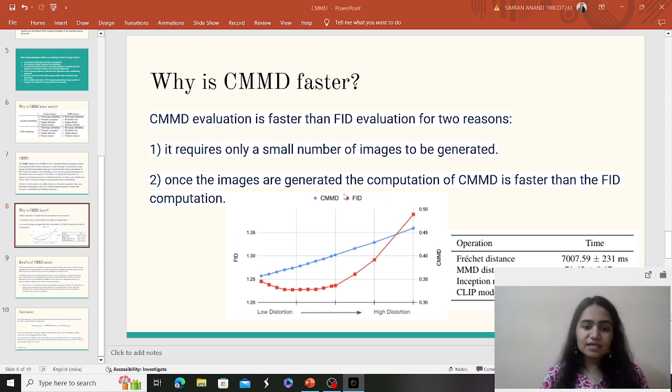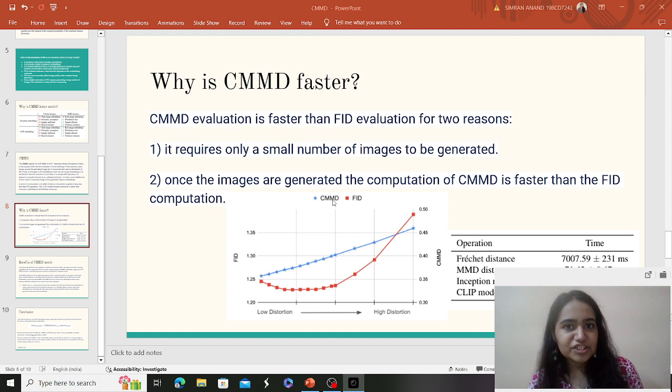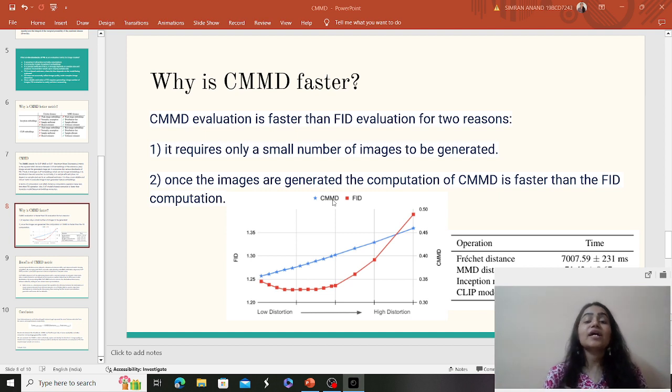Now, if you see this graph, this is about the distortion purpose I was talking about. So, what is distortion? Distortion is when the quality of the image is degrading. That is, adding noise to the image, and it could be the case when generation models keep on generating images on each and every iteration. The quality is decreasing. How does the quality of an image decrease? The quality degrades when you're adding some random noise to the image. So when we see from low distortion to high distortion, what happens?